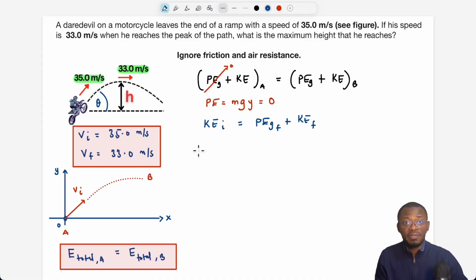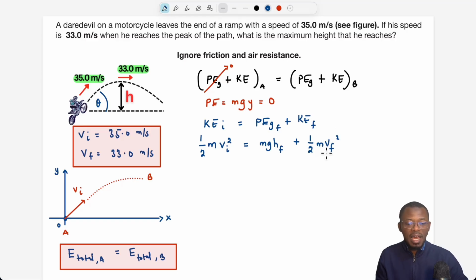If the object has velocity, then the object is moving, right? It is going to have that energy that is causing it to move. And that energy is given to us as 1/2 the mass of the object times the speed squared. So here the speed is the initial speed squared. And that is going to be equal to the gravitational potential energy, which is mg h final, which is our interest, the maximum height reached, plus the kinetic energy final, which is 1/2 m v final